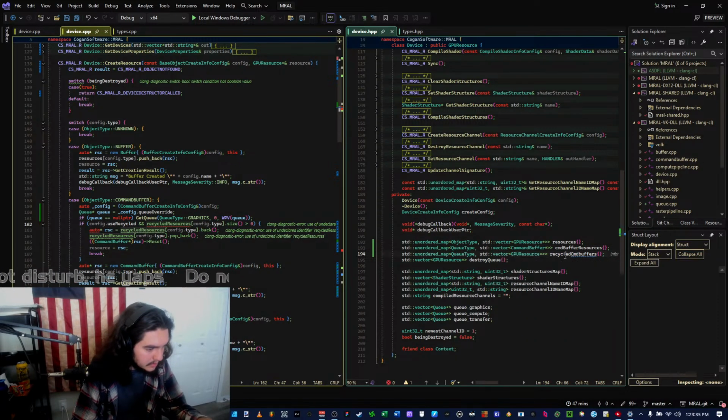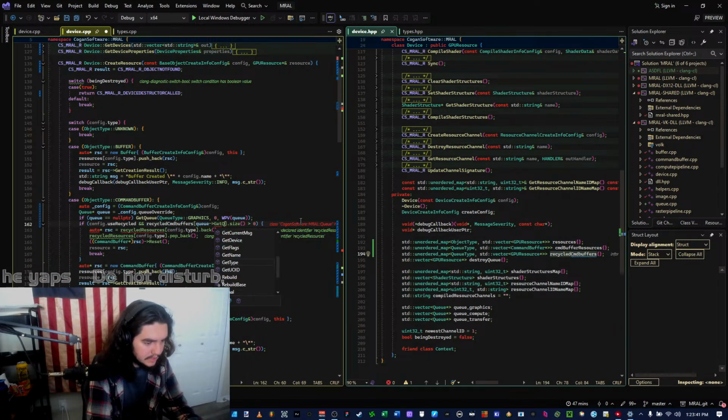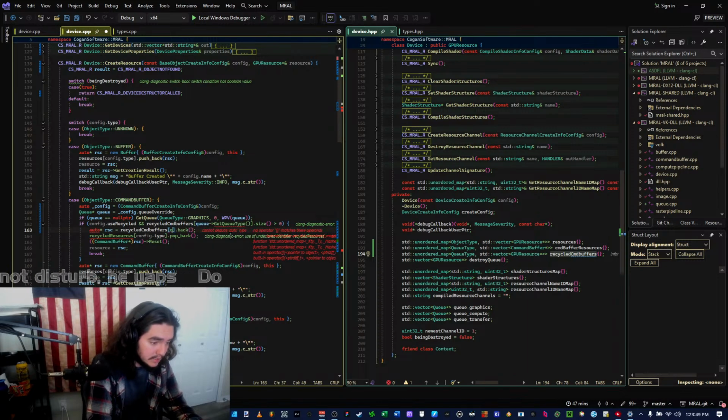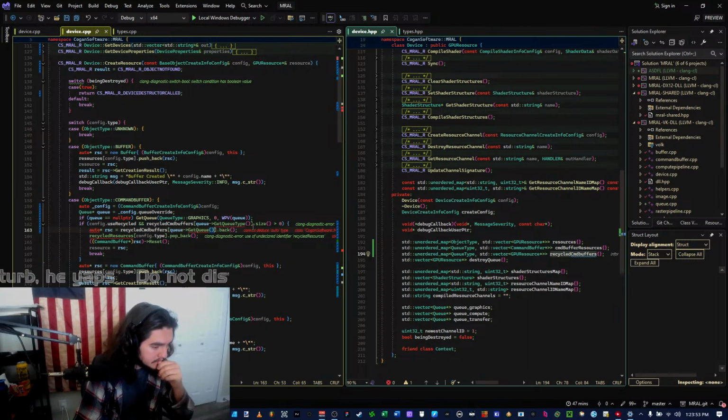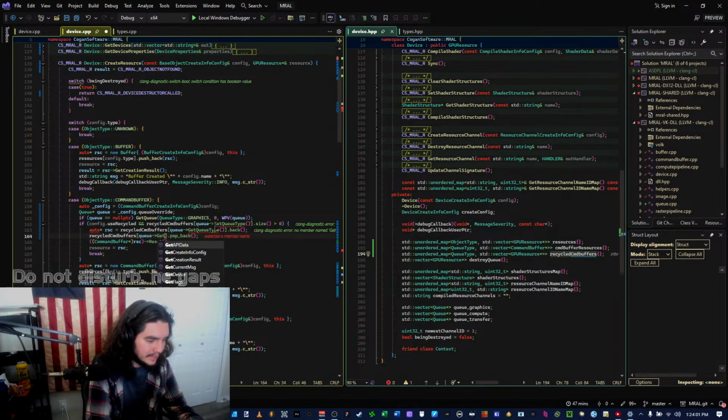So I need to do q get q type, which I'm going to implement in a second, and then I am gonna do that again. Q type, get q type, and then do it again. Q get q type.